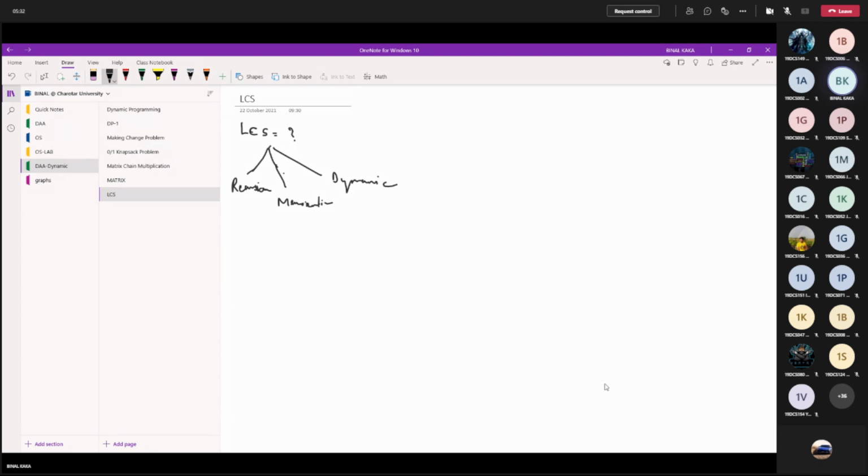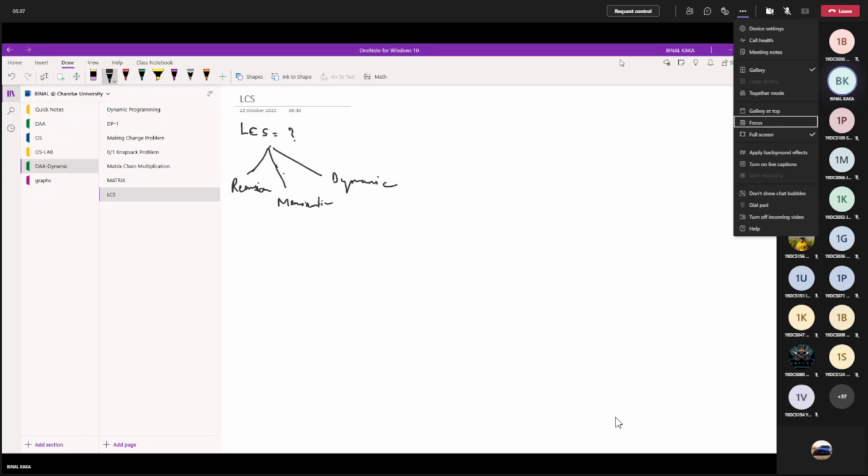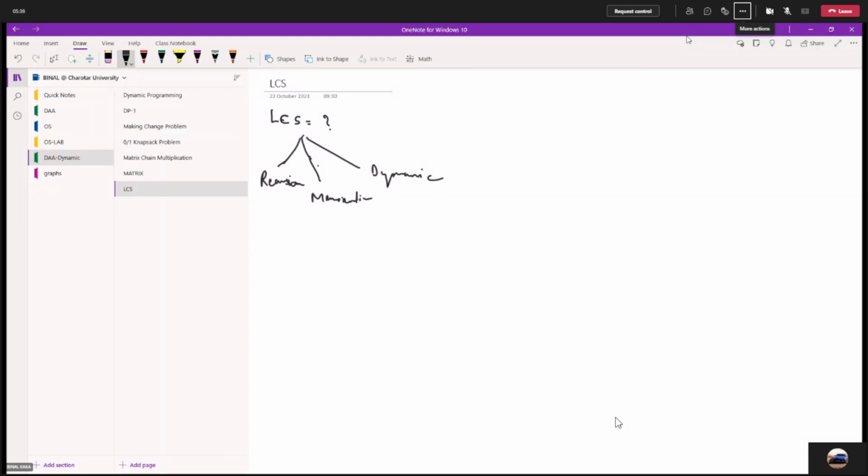First you should know what the longest common subsequence means if two strings are given. In that, you have to choose the longest common subsequence, so how can you choose it? Let's take one example. I explained this in the other batches, but in this class it is remaining, so I am repeating again. String 1 and string 2. String 1 is A, B, C, D, E, F, G, H and I.